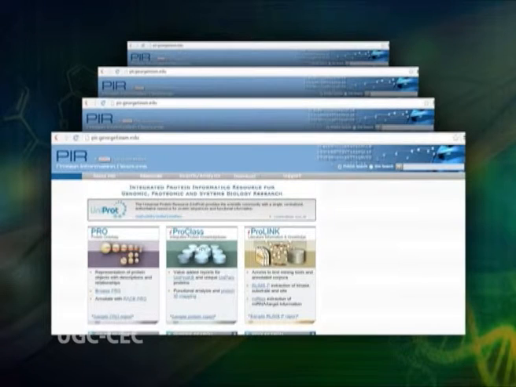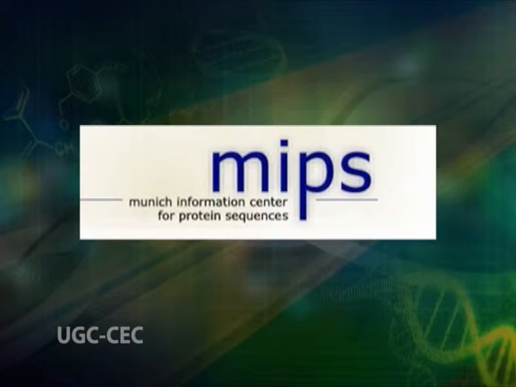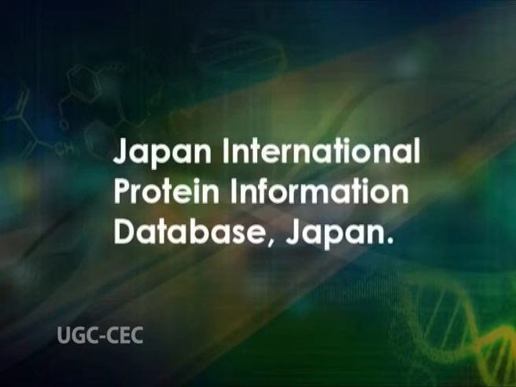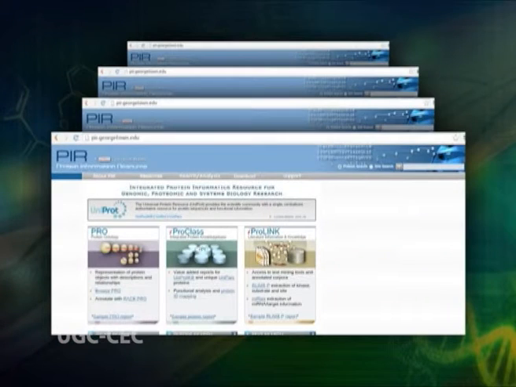This is a collaborative endeavor between the PIR, the Munich Information Center for Protein Sequence, Germany, and the Japan International Protein Information Database, Japan. This is now improved as a comprehensive, non-redundant, expertly annotated, object relational DBMS. The superfamily based classification of protein sequence is one of the unique characteristics of this database.